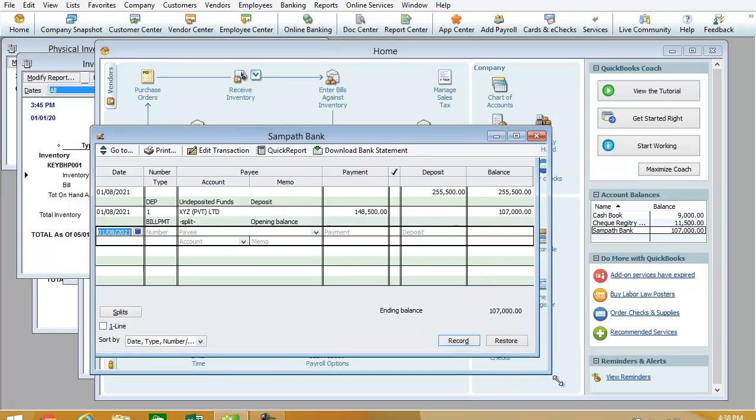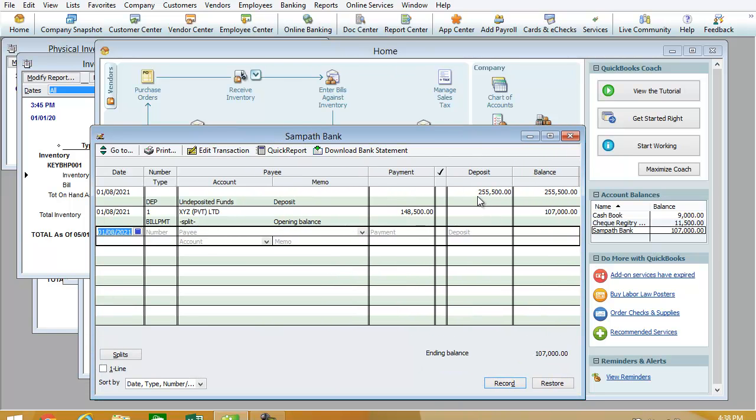Once you double click, your opening balance was 255,500. This is the fund you received from a customer, from undeposited funds transfer, 255,500. And the next payment, see here, to XYZ Private Limited, we have made a payment of 148,500.